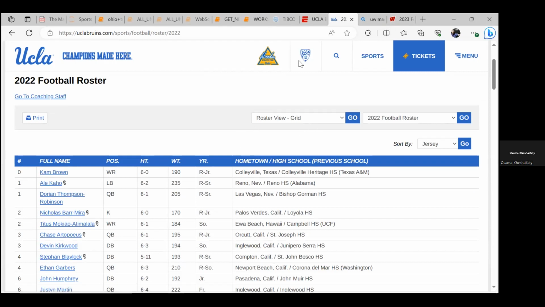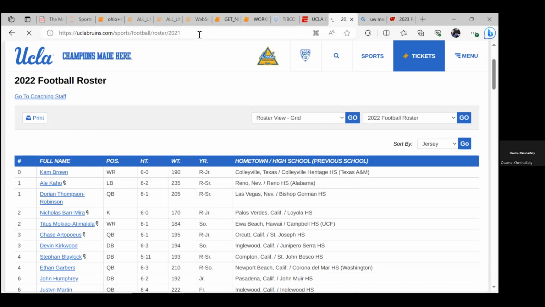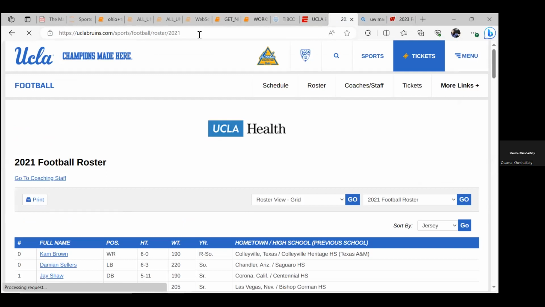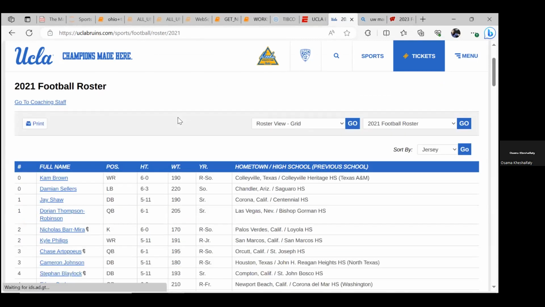And when I started doing this, I noticed that if you look at the link, the only thing changing is that we're adding a year to the URL at the top. If I change this from 2022 to 2021, it takes me to the 2021 roster. So of course that immediately gives you an idea of how we can go about navigating through the different years' rosters: we're basically going to create a loop to go through all the years,